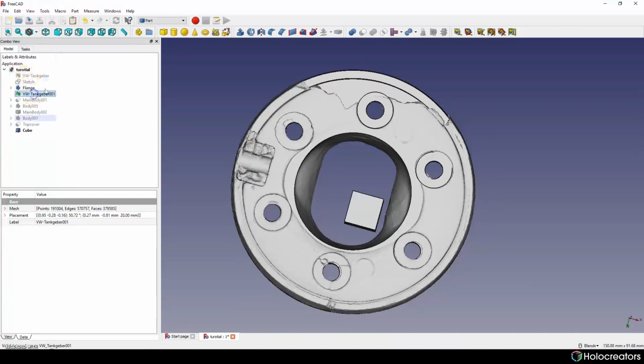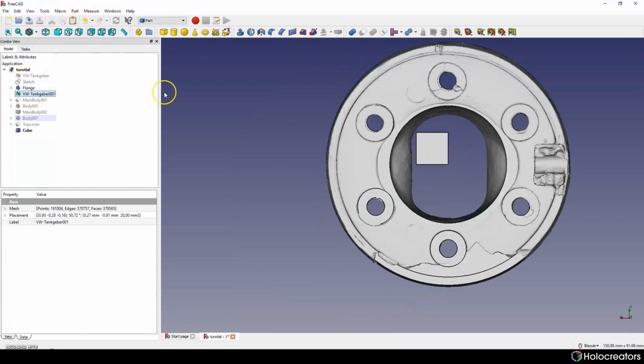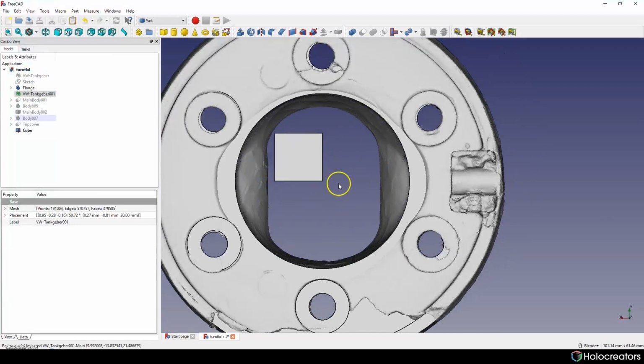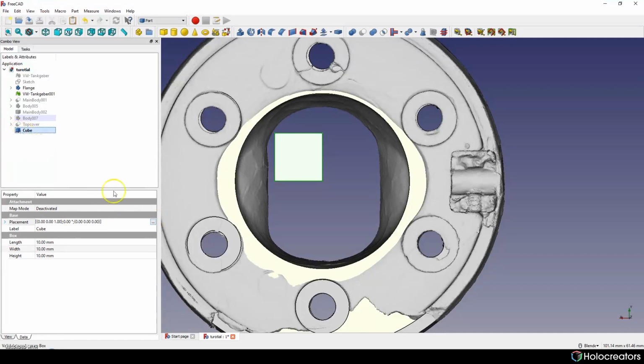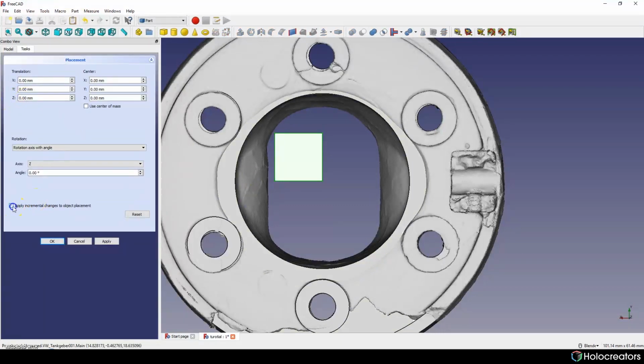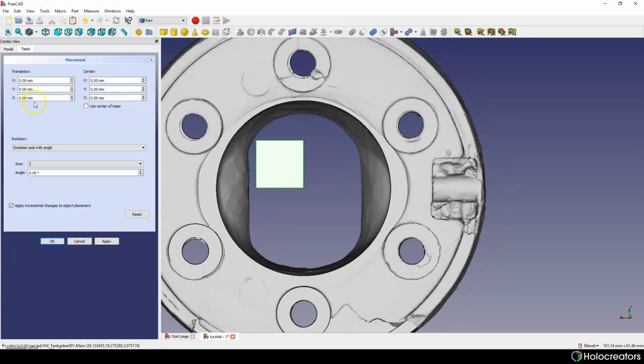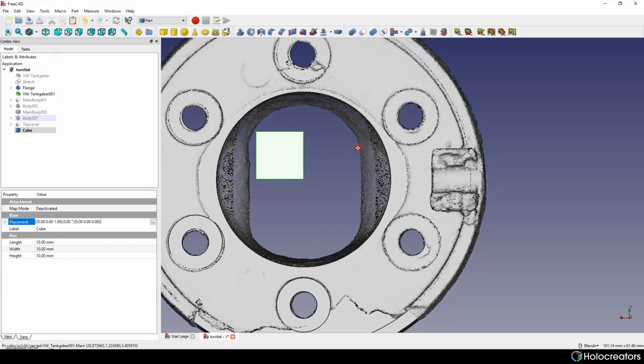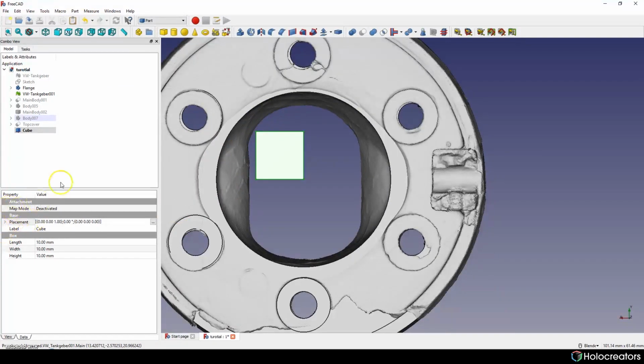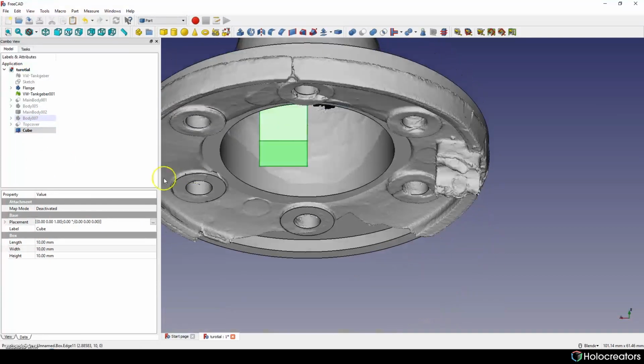To do this, let's go to bottom view, and here we can choose placement for our cube. Let's press apply incremental change to object placement, and before doing anything else, I would like to define the dimensions of this object. So we can see here length, width and height for this cube.